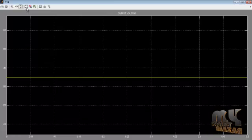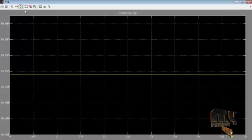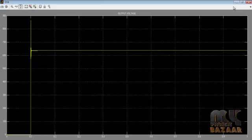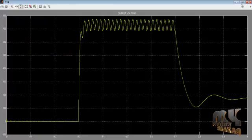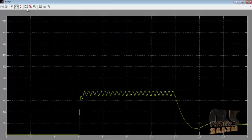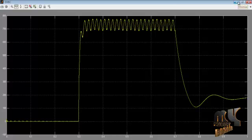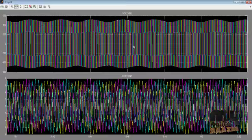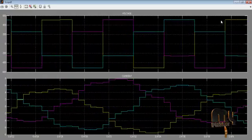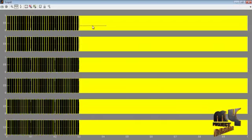The next one is the output voltage from the wind side, and next one is the output voltage from the DC load side, and this is the output voltage of another DC load side, and this is the input of the inverter side. So here we see the variations over time, and next one is the output waveform of the inverter side, and the next one is the switching